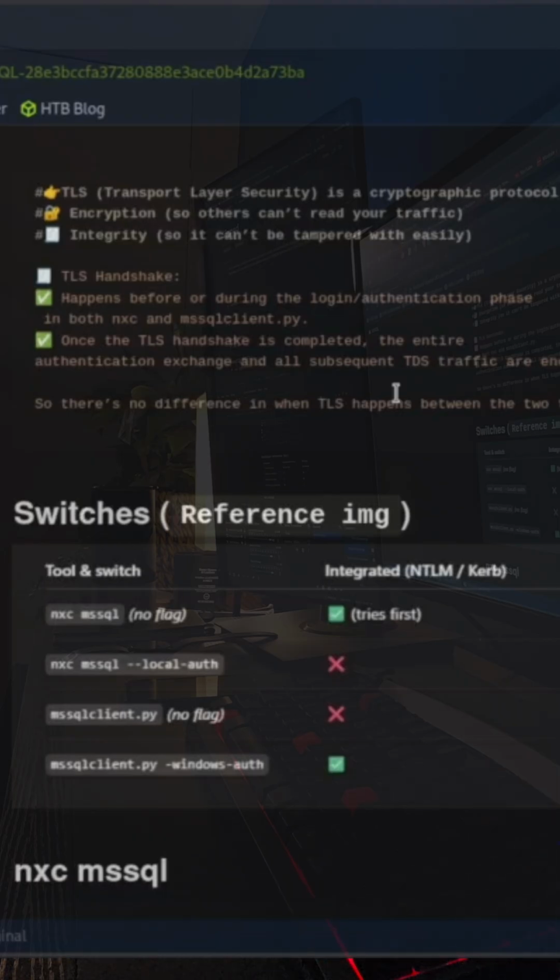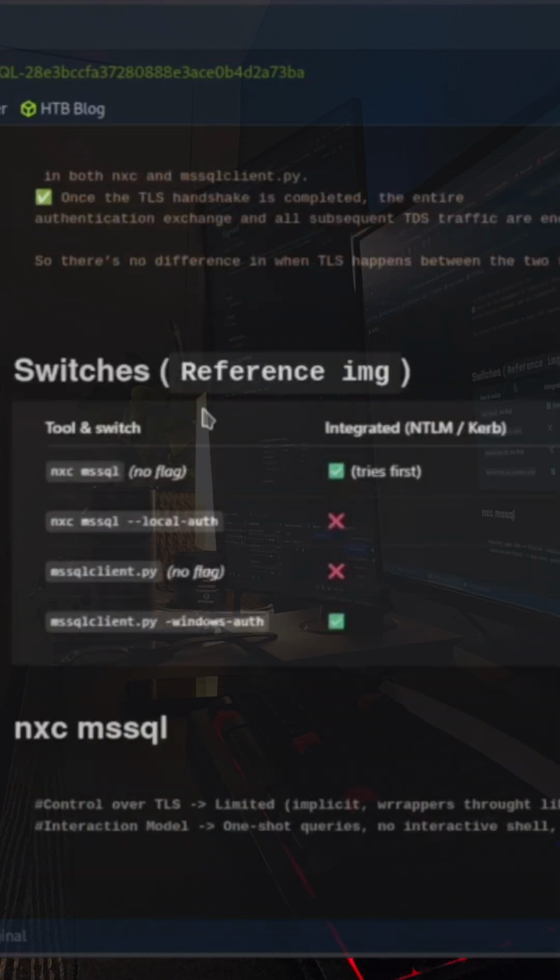This happens either before or during the login authentication phase, right? So it's going to have a handshake, sort of like nmap. Once you have negotiated the handshake and it's completed, moving forward your entire communication is going to be encrypted, right? So that's good. With that out of the way, let's look at the switches of each